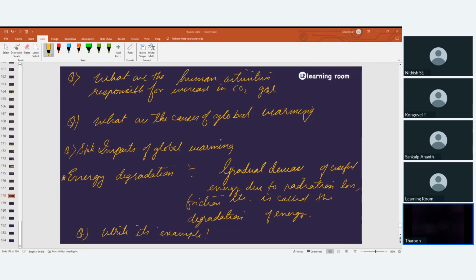Sir, can you repeat what you told now? I'll explain, sir. See, Tarun, tides are caused because the moon attracts the water, so it goes up and then down. Because of that, kinetic energy is produced, and that kinetic energy is used on a turbine to produce electricity. That's how tides work. Now another thing: